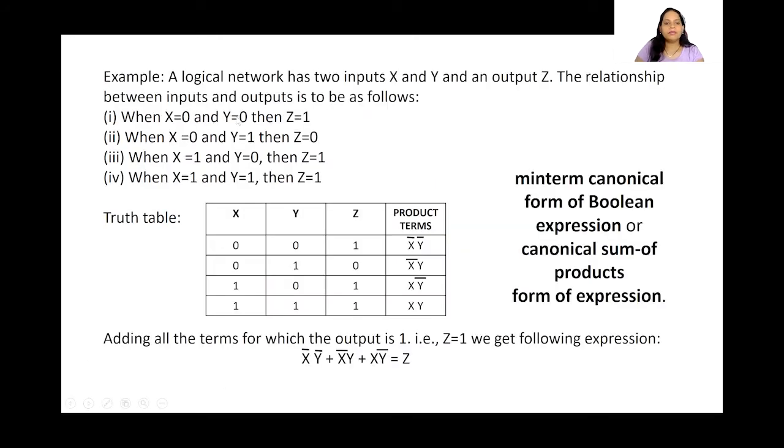Now, see here. This is an example where these are the input values and this is the respective output. So that is what we were saying, input and the result. We are already given that when x is equal to 0 and y is equal to 0, the output is going to be 1. When x is equal to 0 and y is 1, the output is going to be 0. When x is 1 and y is 0, z is going to be 1, and when x is 1 and y is 1, we will get z as 1. Now we need to find a canonical sum of products expression for these inputs and outputs.